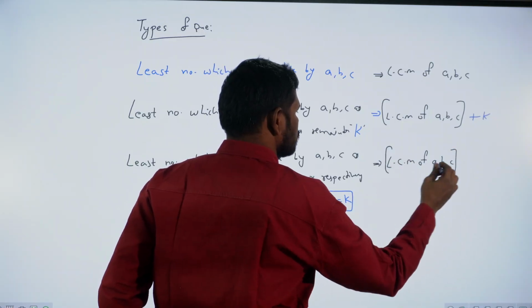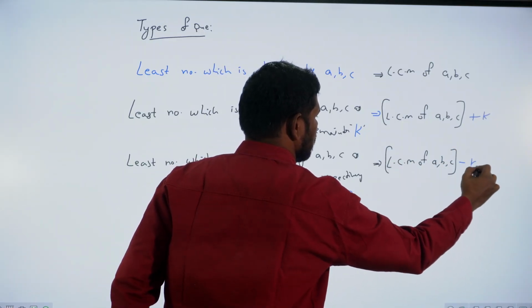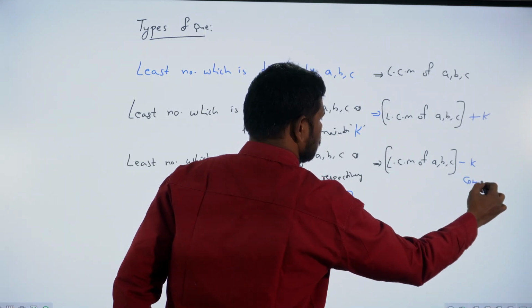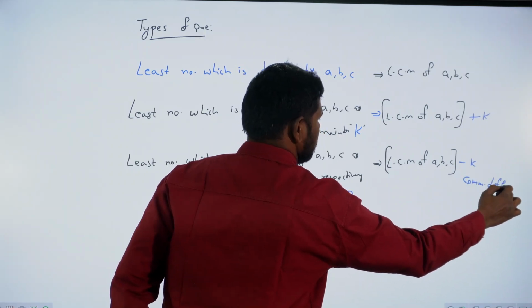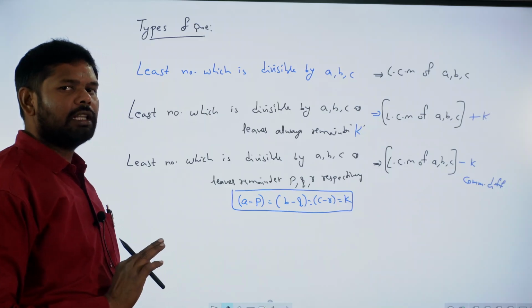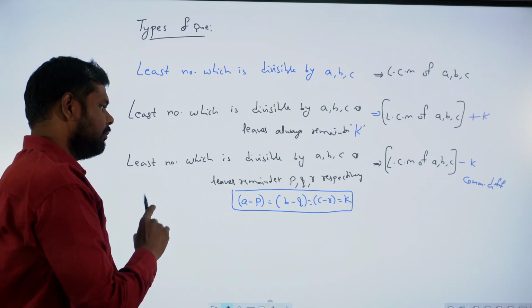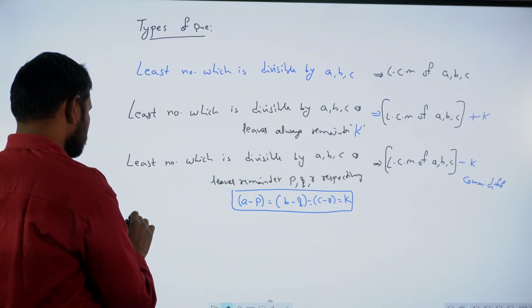Then you need to subtract the common difference, whatever the K value, nothing but a common difference, then you will get that required number. So these are the three main ones, and sometimes